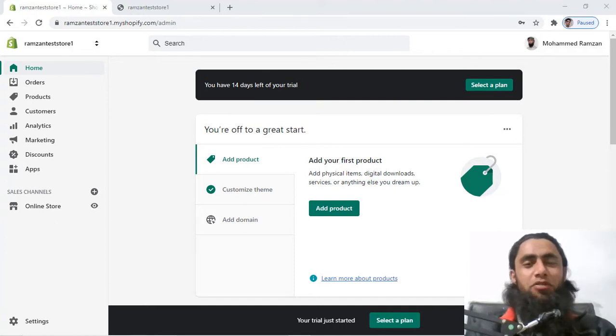What's up guys, in this video I'm going to show you how you can import quality products on your Shopify store. So basically there are a few parameters that you have to consider while importing the products from any of the apps. For example, you are using Uberlo, so over there are a lot of things that you have to keep in mind while importing the products, because in some cases people are importing a lot of products and they are not getting any type of sale.